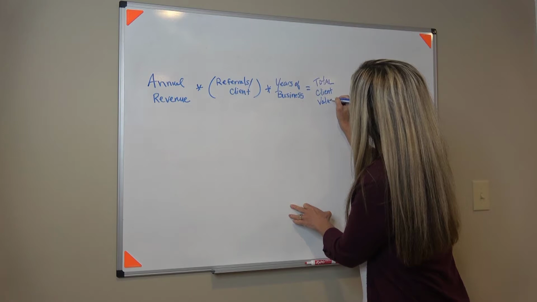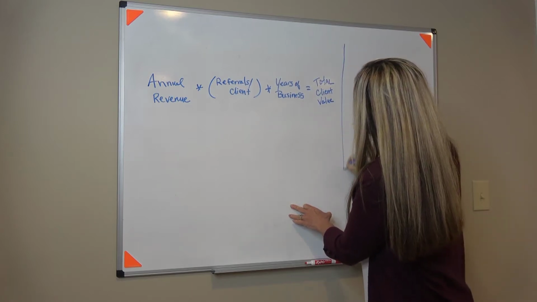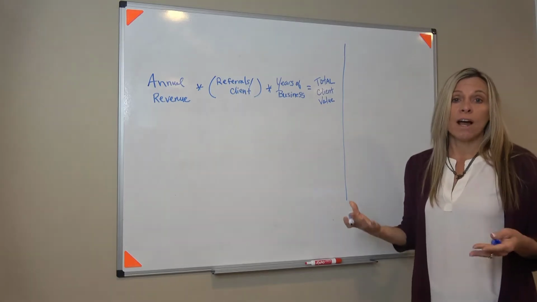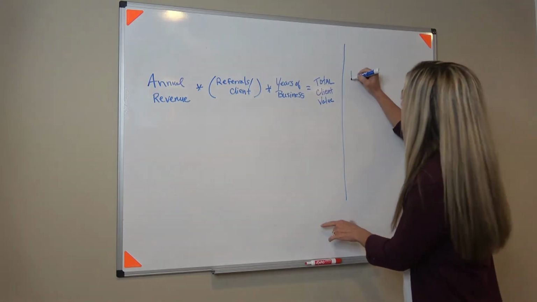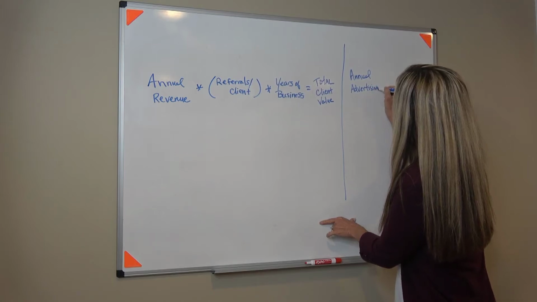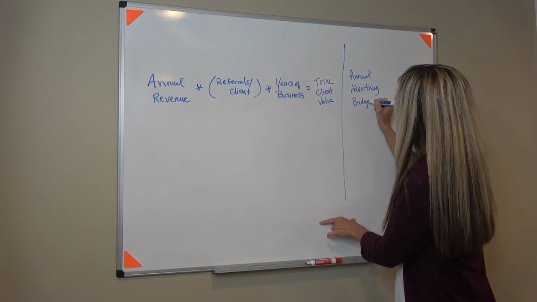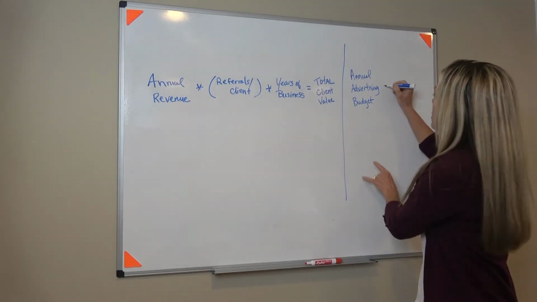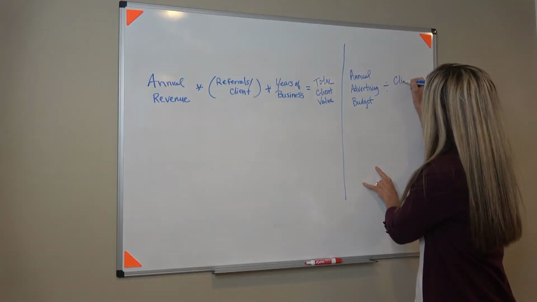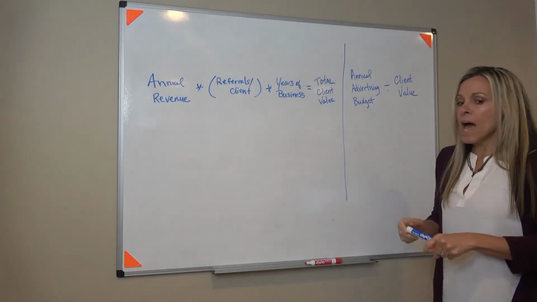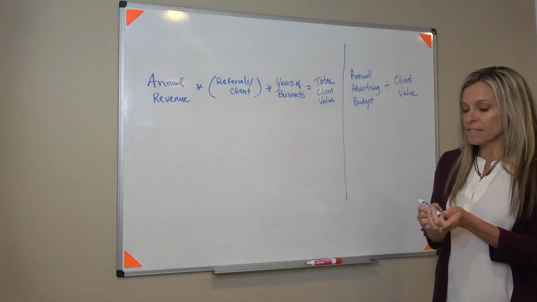That is super important because we need that number ultimately to now calculate the return on investment, the ROI of your advertising budget. All right, so we're going to look at the annual advertising budget amount, and then we're going to divide that by the client value that we just calculated here. Makes sense? So let's go ahead and jump through and pick an example, something simple and easy